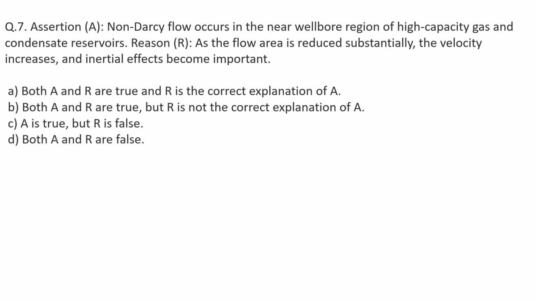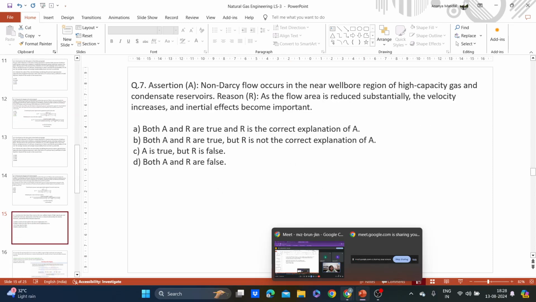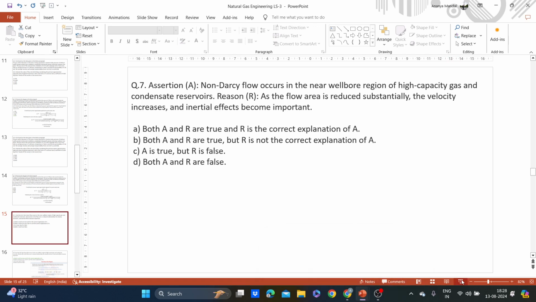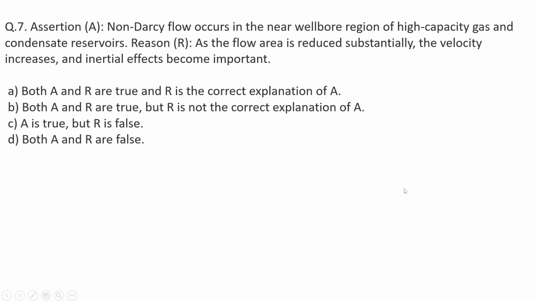What is the condition for having non-Darcy flow? Option B. Option B, both A and R are true, but R is not the correct explanation of A. Okay, not as purpose. So,